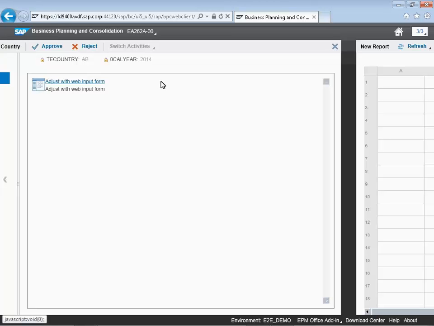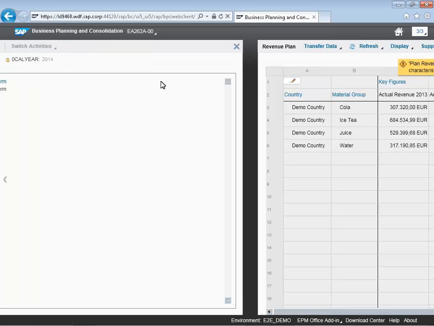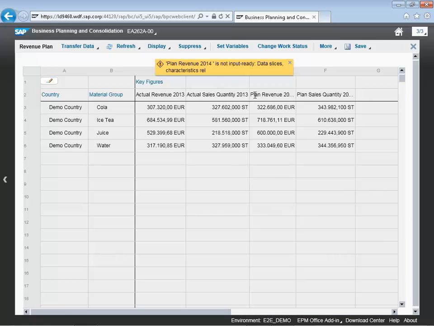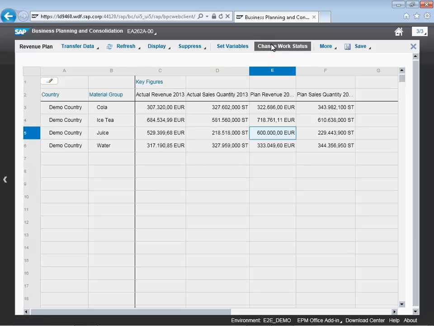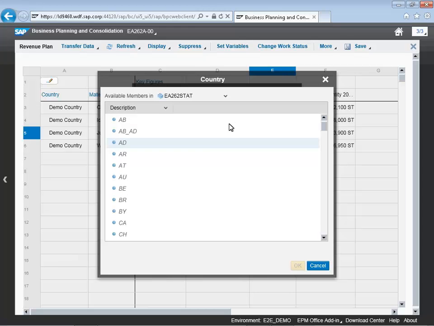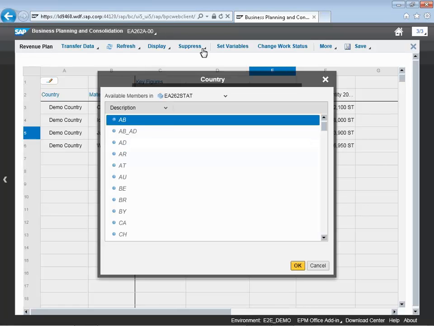In this case, the web report from a reviewer's perspective looks identical to the web report that was used by the planner. That does not necessarily have to be the case, but we did that in this case just for simplicity. And you can see that the 60,000 euro change now shows up in the report as we would expect when we run this from a reviewer's perspective. So we're going to set the country as well as the version